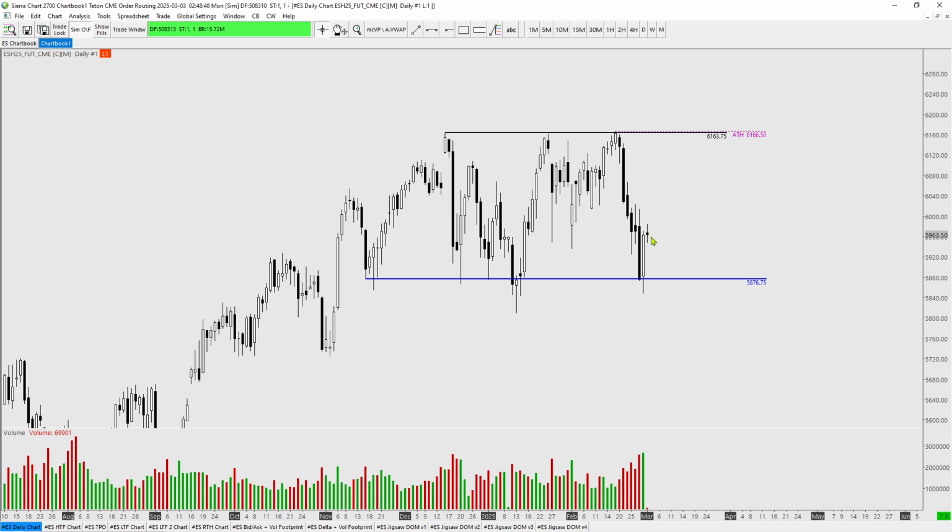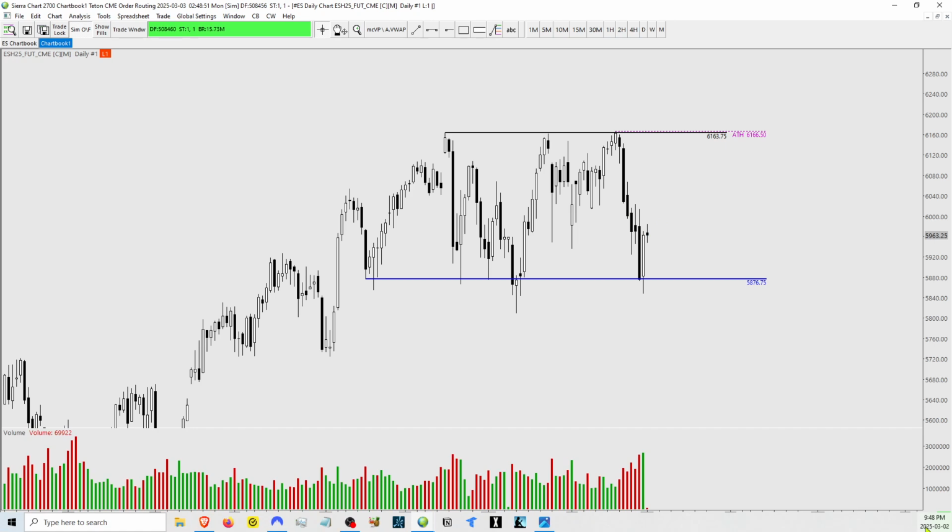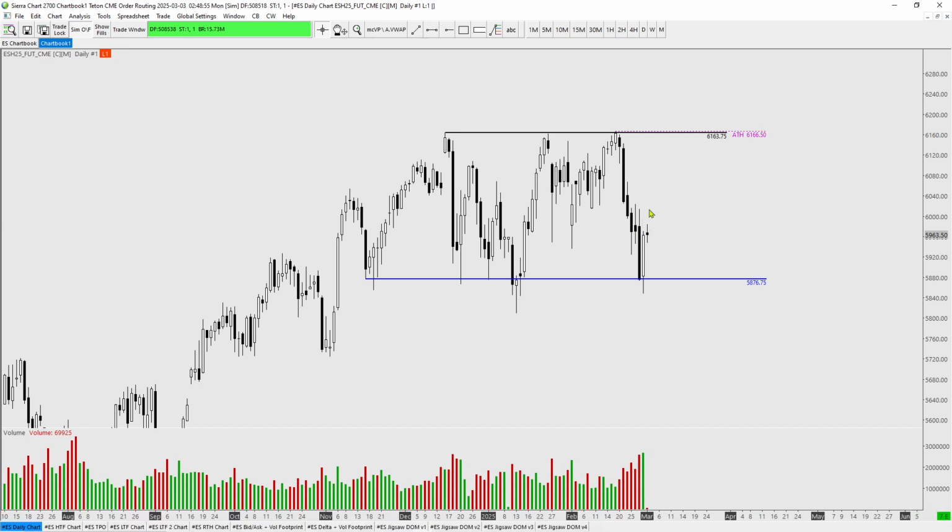So I wouldn't be surprised if tomorrow, which is March 3rd, will be a day where we're trying to take price at least back to 6,000. Maybe the point of control of this range, which I could define as, let's see what the point of control is, 6,060. Yeah, so that's quite an aggressive target, about 100 points away. But I wouldn't be surprised if we get that tomorrow or within the next day.